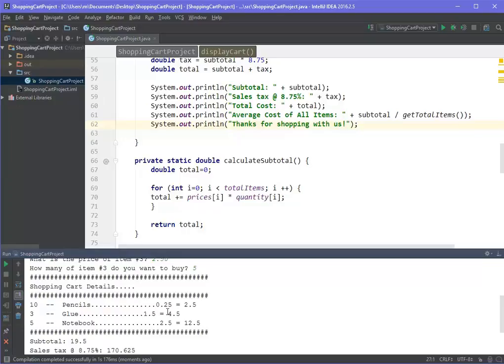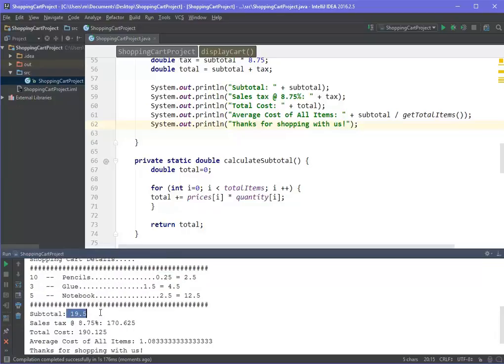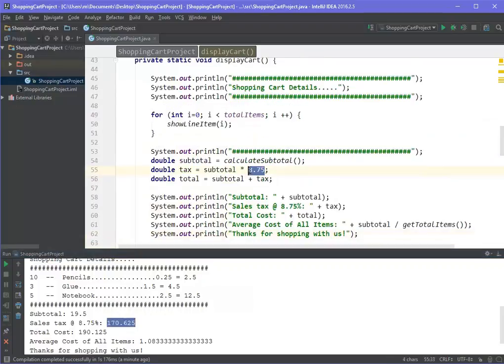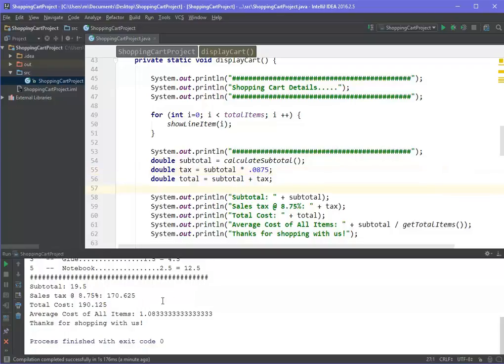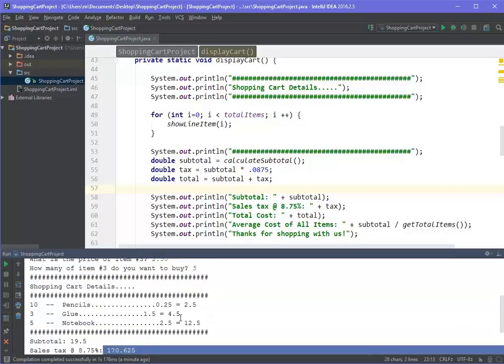So we've got 25. The total is $19.50. This is not right because I multiplied this incorrectly, so it should be multiplied by 0.0875. And then we have total cost, which would not be right. So again, we're going to just trust that, and then it would be the average price of each item is $1.08. Okay, so you can see here we have some issues with the formatting, so we'll address that in the